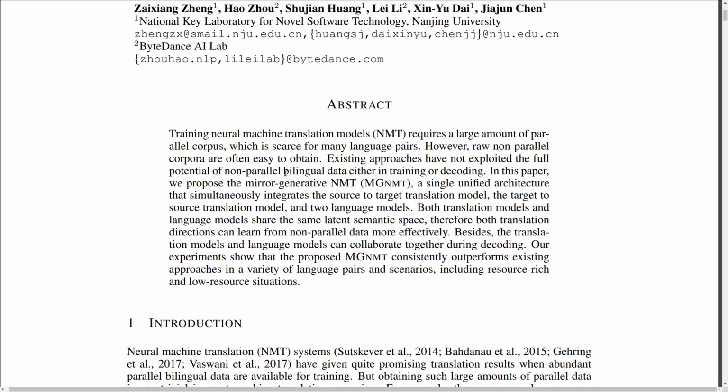So one of the questions is how to exploit this data to improve the translation performance.